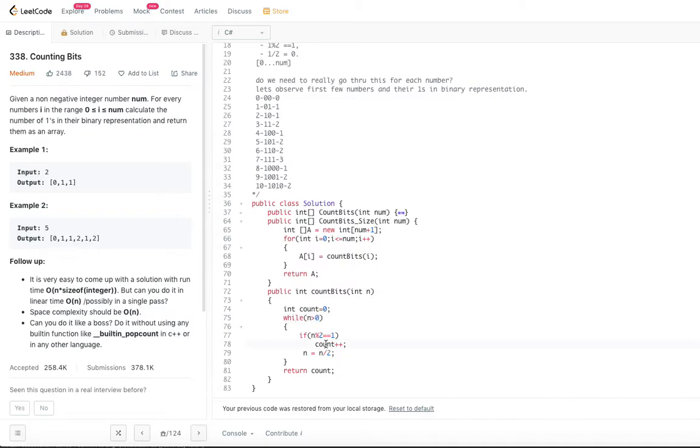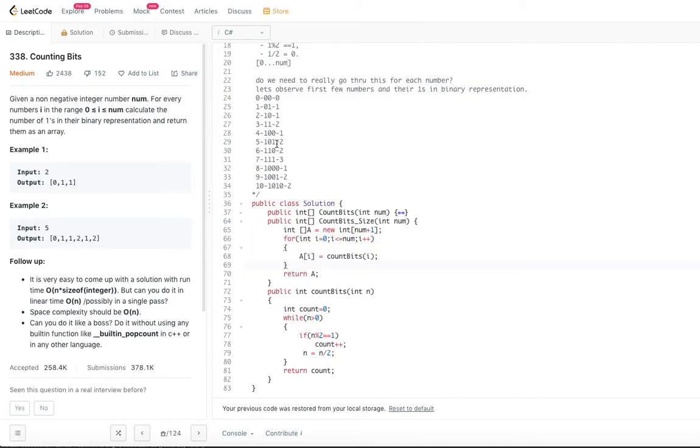So now with that countBits, we are able to count the number of bits for a given number, and the answer will be stored in the array. That answer array is what we are going to return. We are starting from 0 and going till the number, less than or equal to num, just like 0, 1, 2, 3, 4, 5. So the input is 5, but there are 6 elements. That's the reason why we go from 0 till equal to num. So that's how it will be.